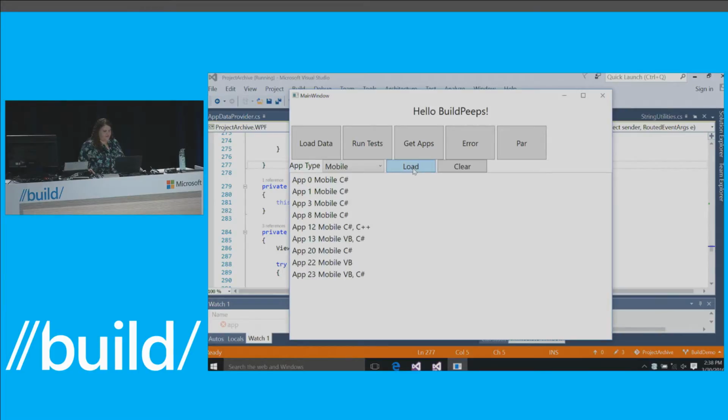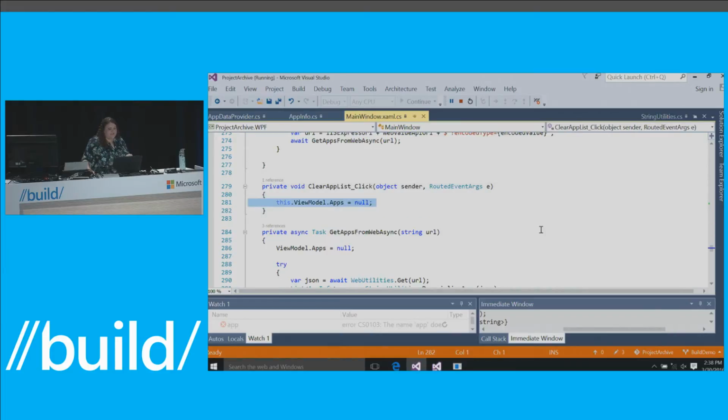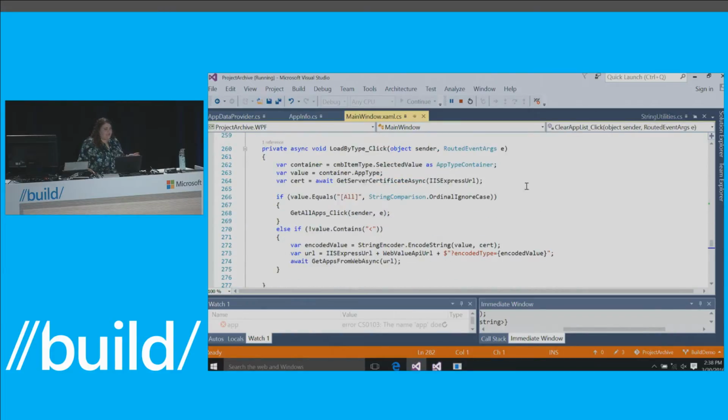And I'm noticing a bit of slowness. Can you guys see that blink with me? It feels really slow when I'm clicking this. So I'm going to go investigate where that slowness is coming from and see if I can do anything to make that faster. Get Apps feels pretty fast. Mobile feels slow. So I'm going to go into the load by type click handler and set a breakpoint,